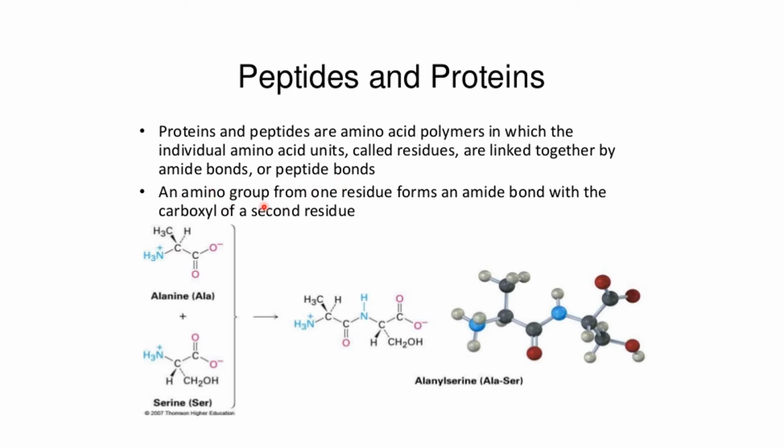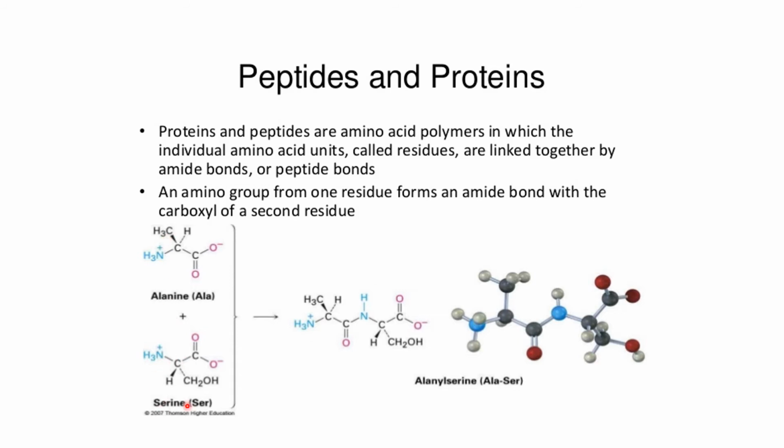Now, next, how is this peptide bond or amide bond formed between two amino acids? Just check out here. This is one amino acid. This is the second amino acid. Till now, I have not listed out the amino acids, but out of the 20 amino acids, one amino acid is alanine, and the second amino acid is serine. As you can see, this is the alpha carbon atom. This alpha carbon atom is linked with four groups. One is H, which is constant. One is an amino group, one is a carboxylic group, and the other one is CH3R, which keeps on changing according to different amino acids.